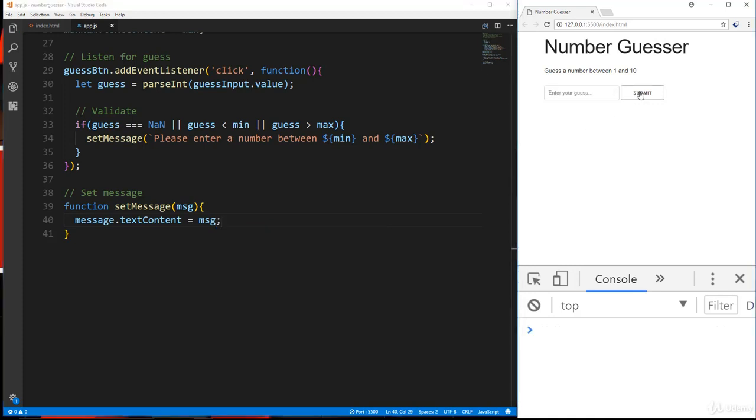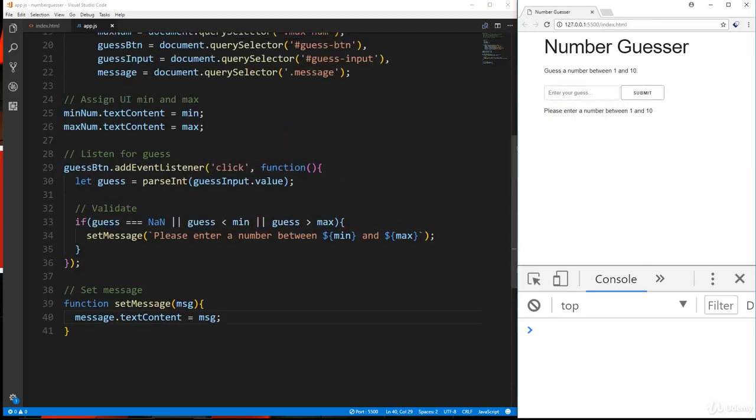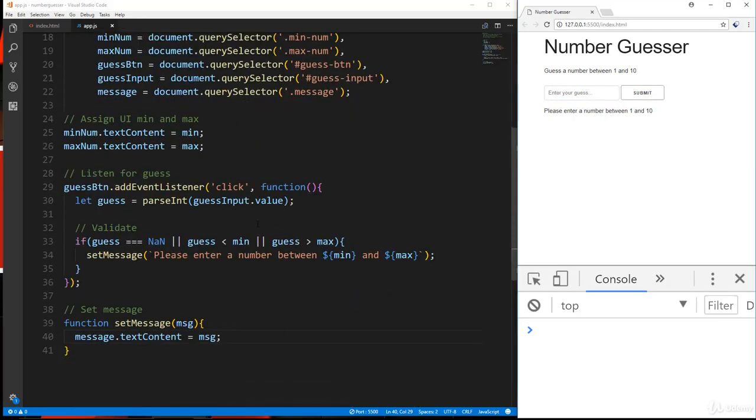We'll leave it blank and submit. Okay, so that's not working. Let's try a higher number. That works. If we put a lower number, that works. So let's see, it's this equals NaN that isn't working. You know what, let me